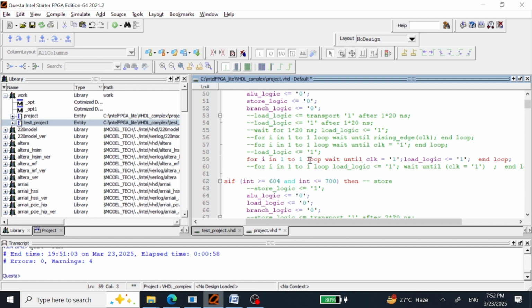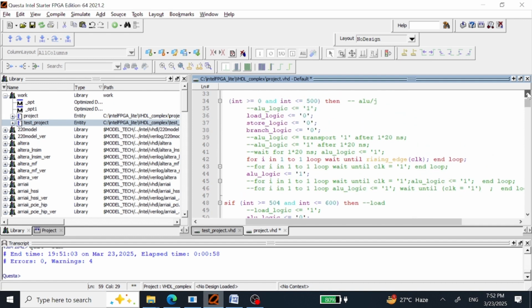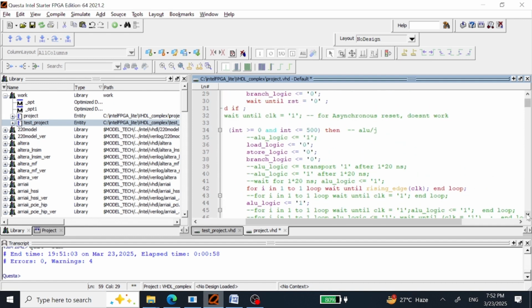Now you can see that here I am putting here this signal inside this loop. Previously they were outside this one. You see this line we were including, but here we are including just this line because we are putting here logic is equal to 1 inside this loop. Let's start from, I mean, top actually,